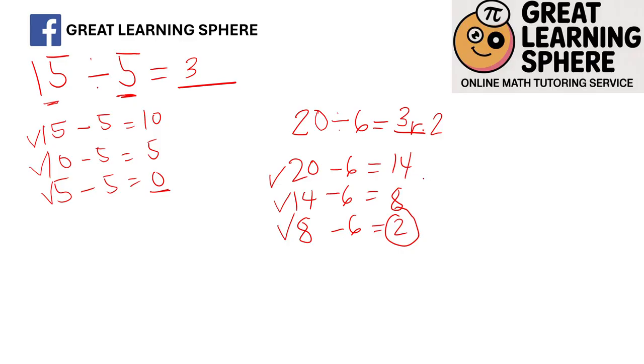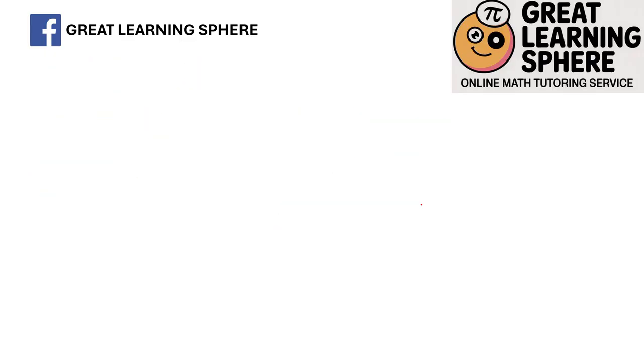So now let us relate it with dividing with zeros. For example, you have 0 divided by 4. How many times are we going to subtract the divisor 4 from the dividend 0 until we reach 0? Our dividend is already 0, so we don't need to subtract anymore. So nothing, so 0. So 0 divided by 4 is 0. That's why 0 divided by any non-zero number is equal to 0.